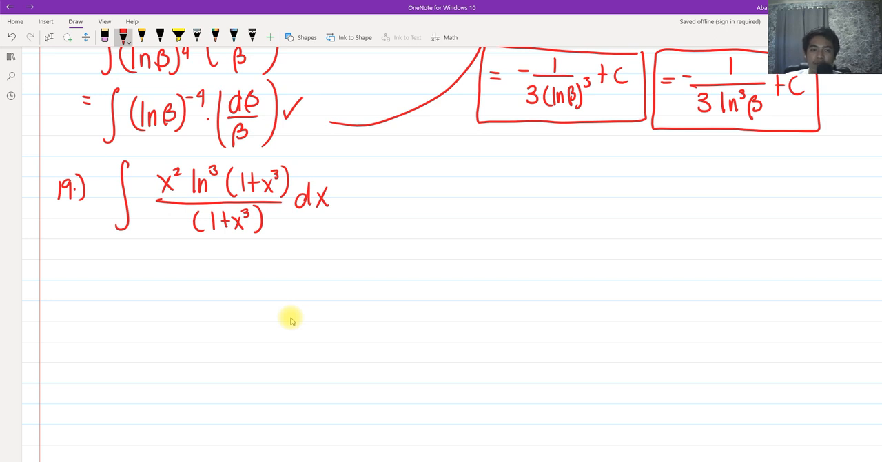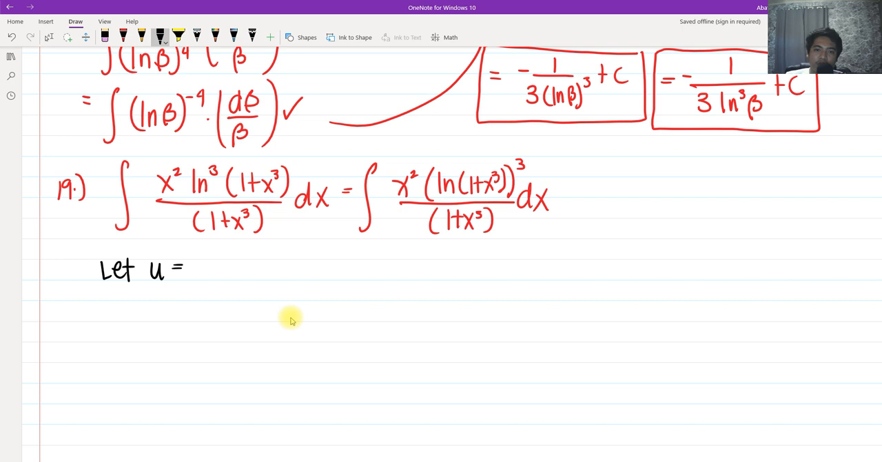Why? Because of the complicated expression inside the integral sign. We have x squared ln cubed of 1 plus x cubed, all over 1 plus x cubed. But as you can see here, guys, if I rewrite this, we have x squared, then ln of 1 plus x cubed raised to 3, all over 1 plus x cubed. It's getting easier to recognize. So if we are going to try to let u,